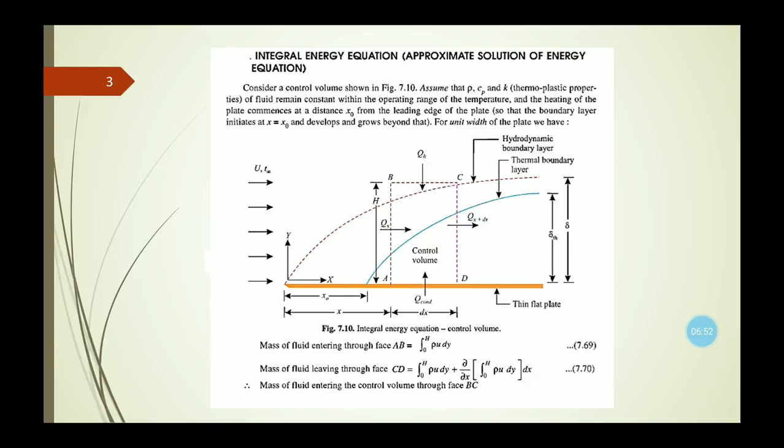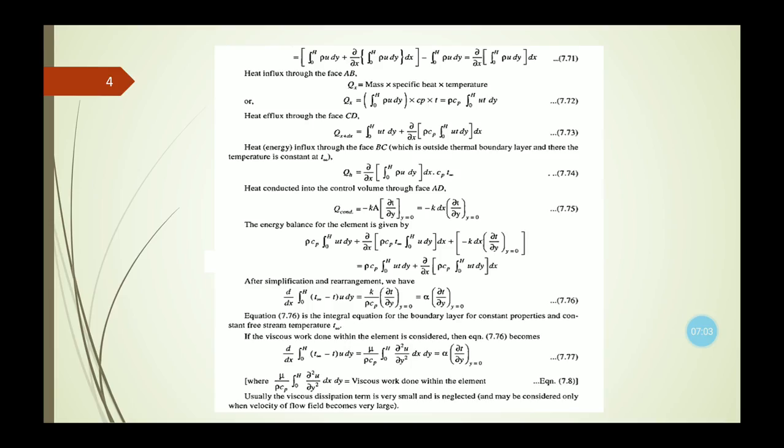Now the mass of the fluid which is entering the control volume through the face BC, which is the top side, the upper side of the considered control volume. In that case, the mass of the fluid will be equal to integration 0 to h rho u dy plus del x of integration 0 to h rho u dy dx minus integration 0 to h rho u dy. So ultimately it will be this equation number 7.71, which is